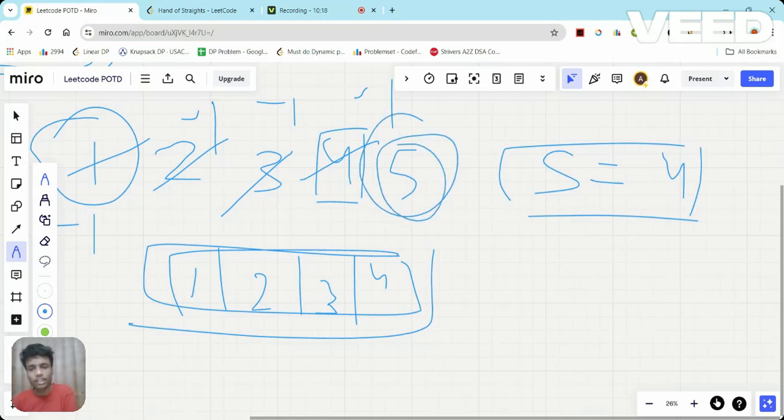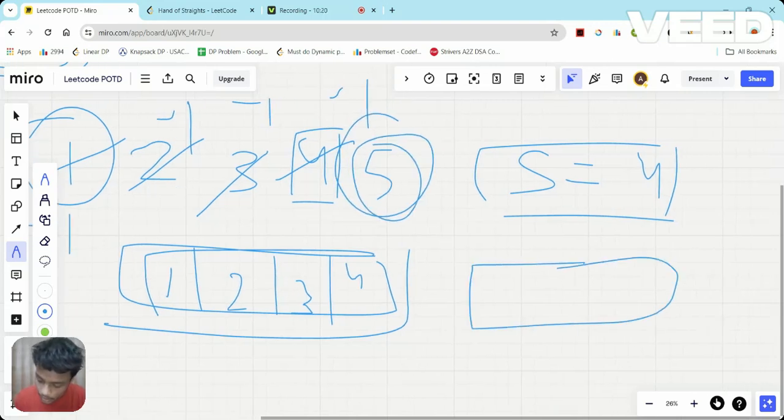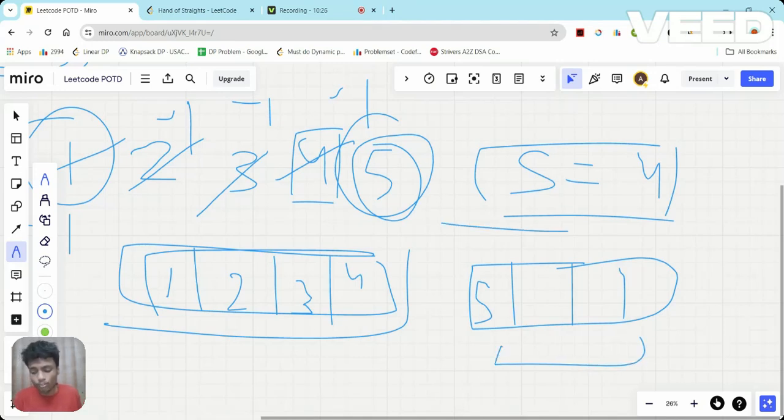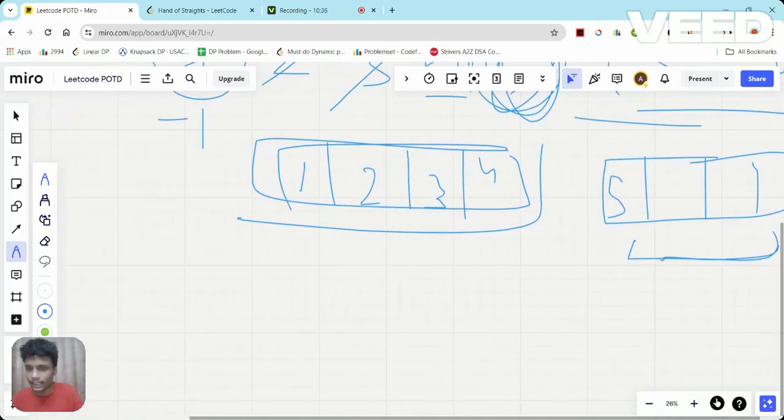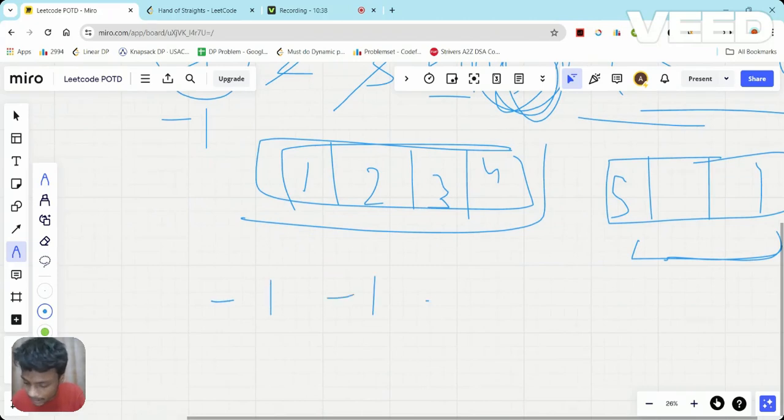Here the 5 is remaining. Okay. So I have created the group of size 5 as well. I've inserted 5. But as you can see here, there are no more elements left. So in that case, I'm never going to make it minus 1, because this size hasn't even completed yet. So in that case, my final array would look something like minus 1, minus 1, minus 1, minus 1, 5.